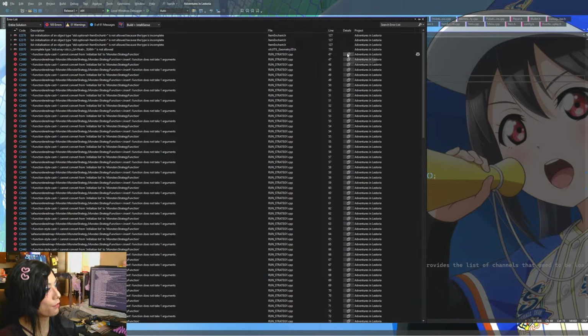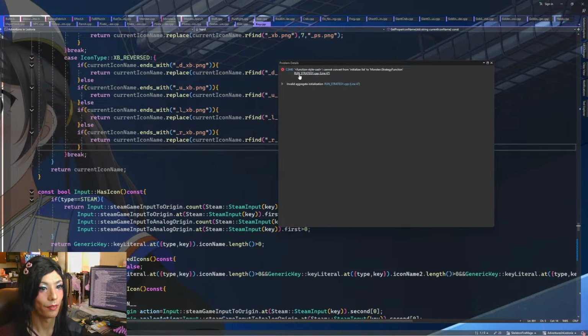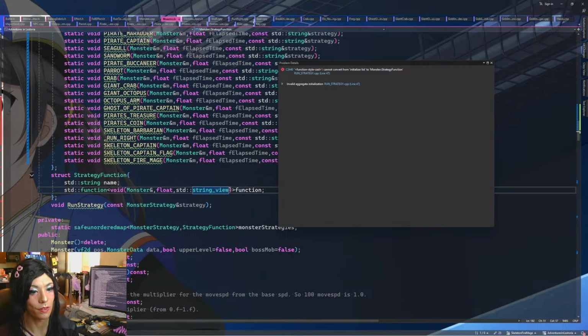Okay, cannot convert from initializer list to strategy function. Let me see. Okay, so it's saying it's trying to convert to string views, so this still says they're supposed to be string views. Okay, fix that. That should be fine now.